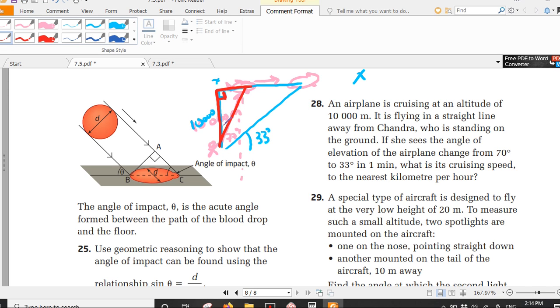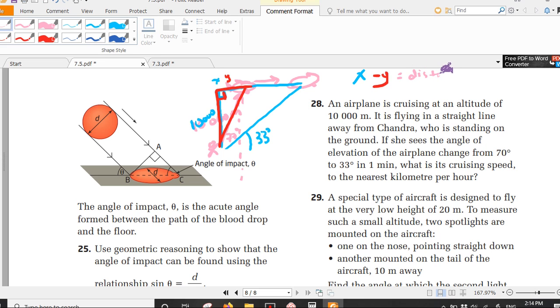So this angle would be 13 degrees. So with 13 degrees and 10,000, you can find this length or distance of y. And then x minus y, x is the blue, minus y the red, you would get this distance, whatever that distance is. And then once you get that distance, that will equal to